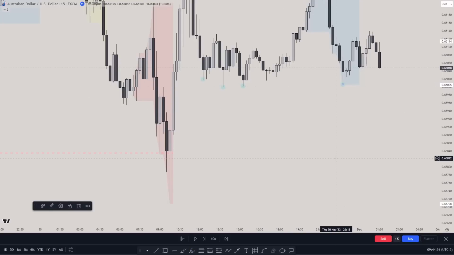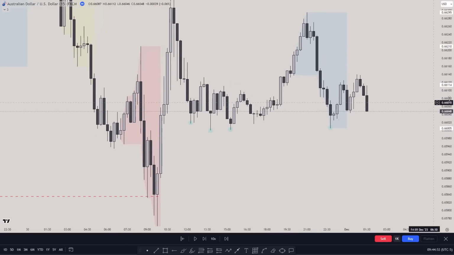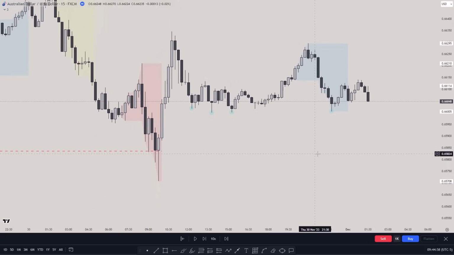And why? Because this fair value gap was filled not in the right time. This is 1 p.m. and this is about 3 p.m. Those times are not in kill zone. This one was on the Asian session, so price was not actually ready to go up. So what I said at this moment, okay, I want to be scalping. I want to be looking at those lows as a liquidity level. So we already have the change of character.